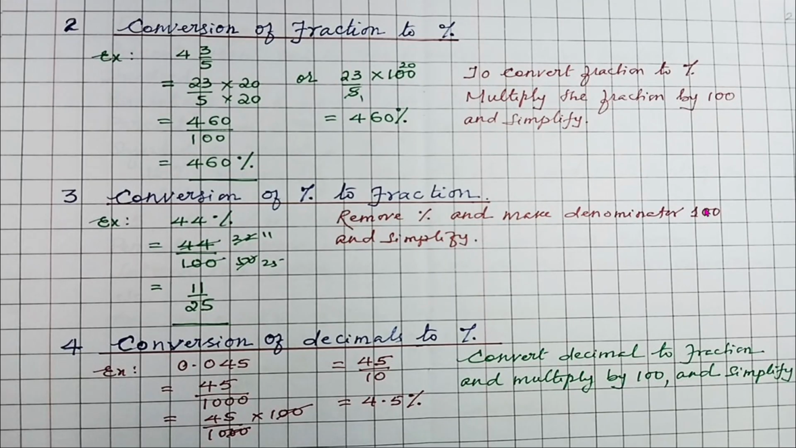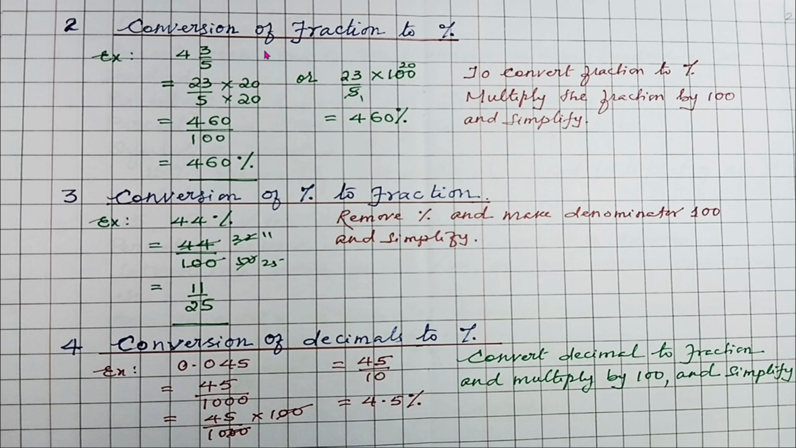Remember that. Now, conversion of fraction to percentage. If you want to convert a fraction into percentage, we have a mixed fraction here. Convert this into an improper fraction. Make the denominator 100 by multiplying by 20. If you multiply 20 in the denominator, we have to multiply 20 in the numerator also. So 23 into 20 is 460 divided by 100. So 460 by 100 is